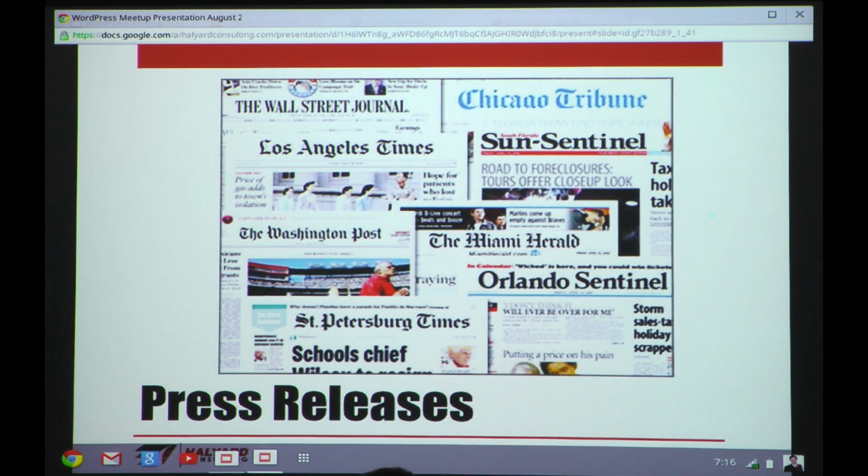Press releases. Press releases are something that I've just gotten into, and I'm really hot for it now because it gets your name out there. If you can, legitimately, it's not, hey, I walked my dog today, right? If you have a partnership, or a new whatever it might be, it has to be relatively newsworthy. But you push it out there, and if you write the press release correctly, you can go online and see exactly how to write a press release.